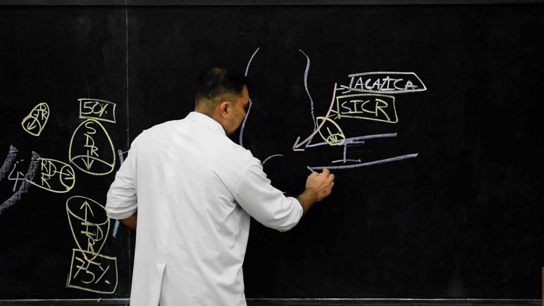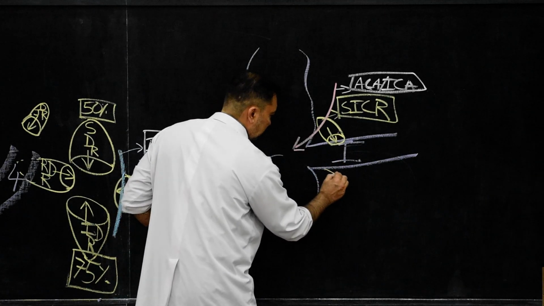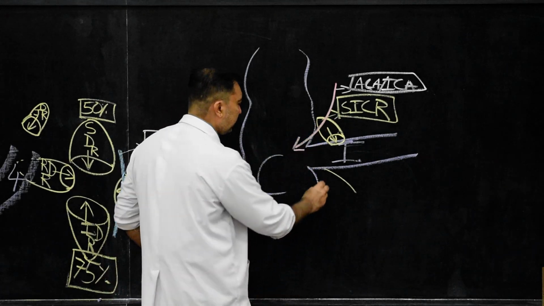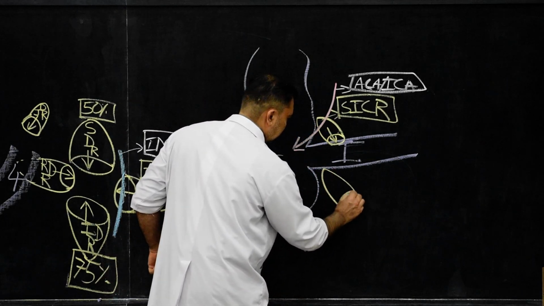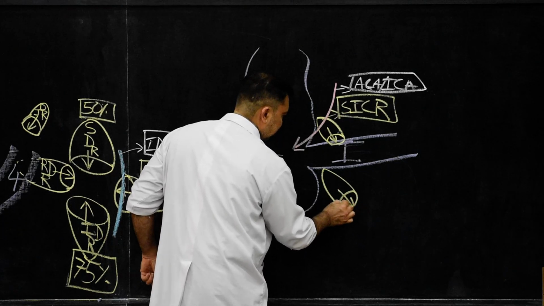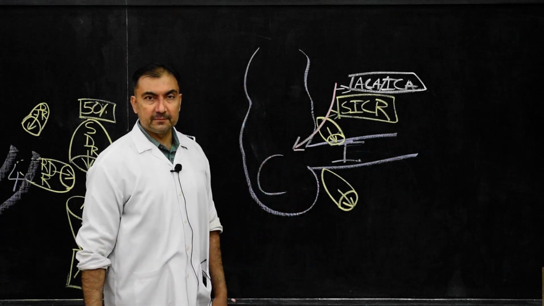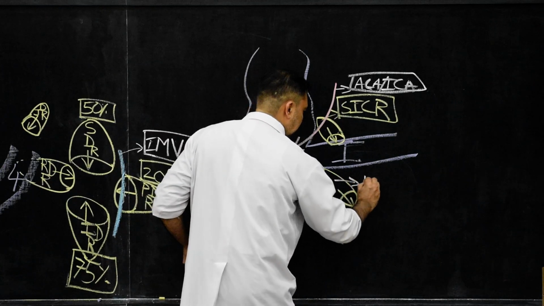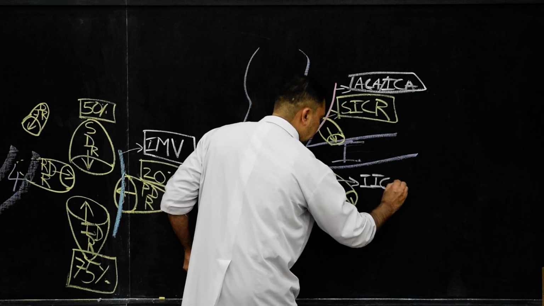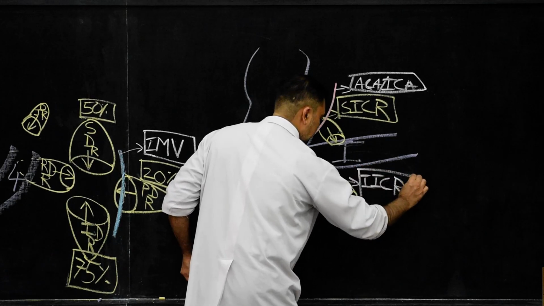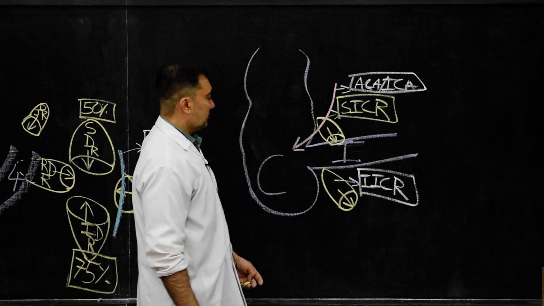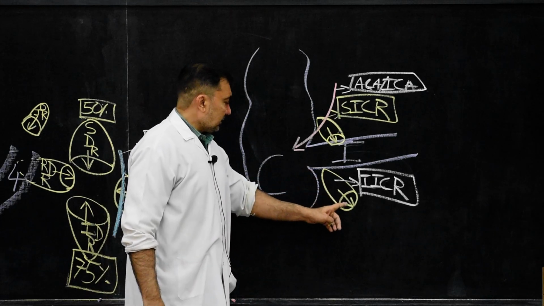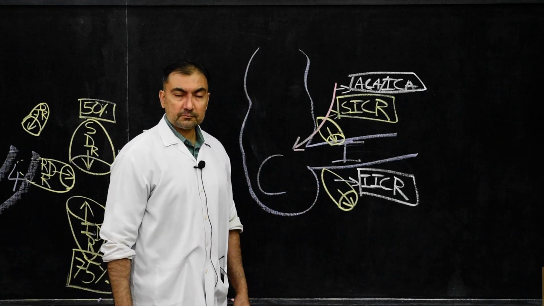Now below the ileocecal junction, you can draw another recess. This one above the junction is the superior ileocecal recess. Now the inferior ileocecal recess, with the orifice once again facing downwards to the left. Here you can mention this as the inferior ileocecal recess, orifice facing downwards to the left.